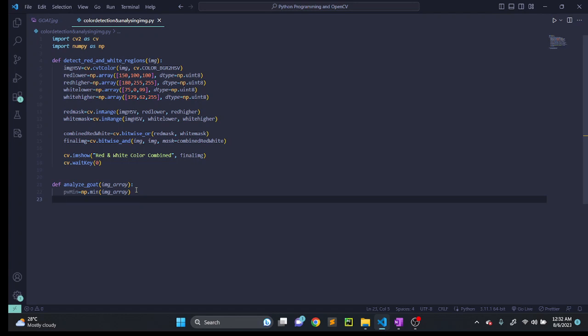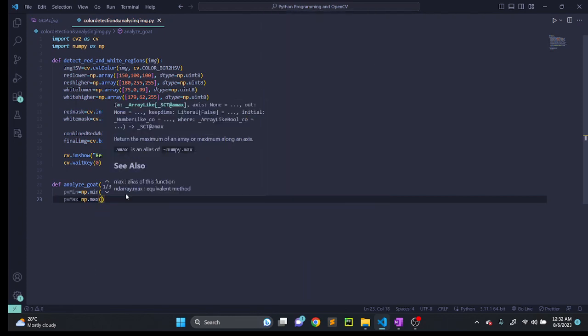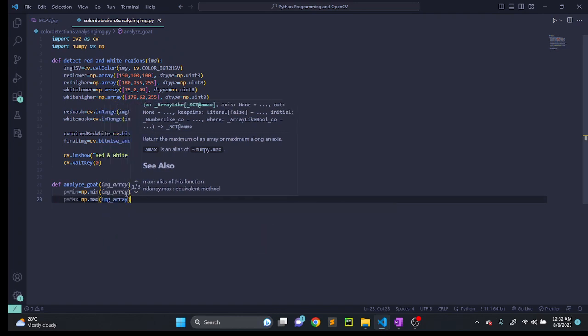Because I need to analyze only the black and white pixels, or the zeros or non-zeros pixels you can say, or the foreground pixels and the background pixels. So it is easy for us to implement this function in this way. Okay, so the maximum pixel value will be np.max,